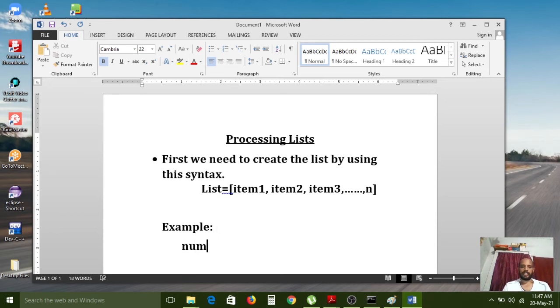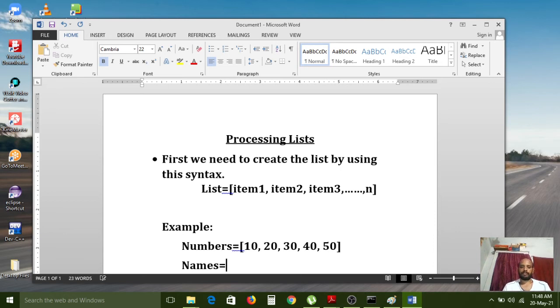The example is the numbers list I am creating, in between square brackets 10, 20, 30, 40, 50. So with five elements, I created the numbers list, and I am also creating a names list.